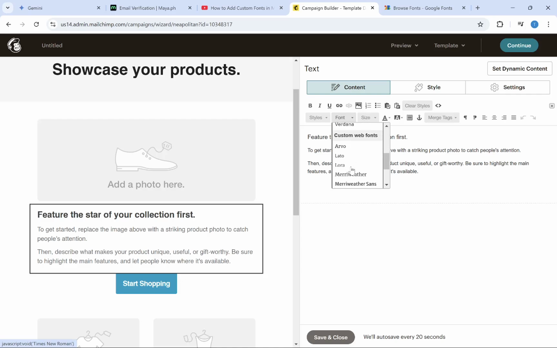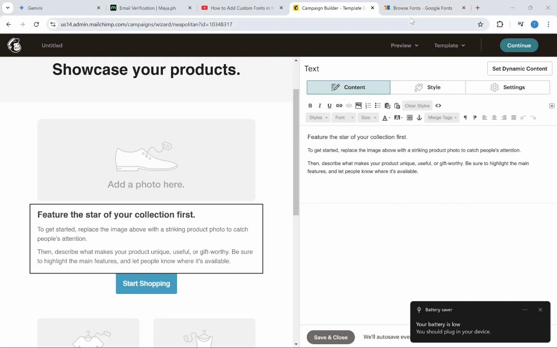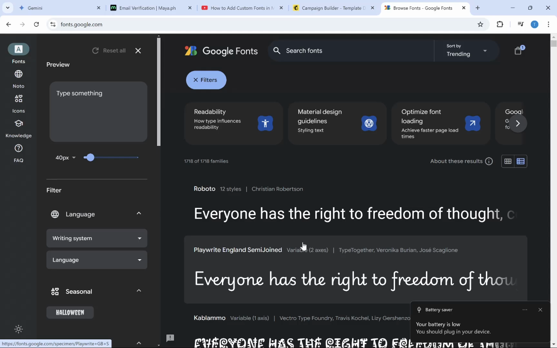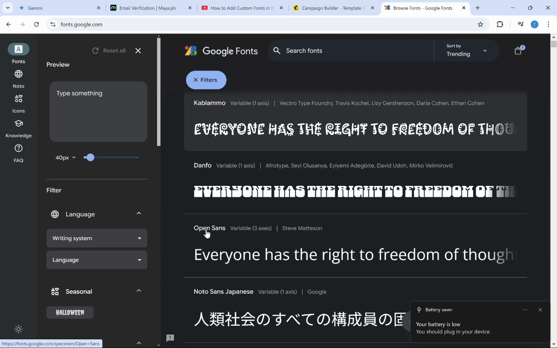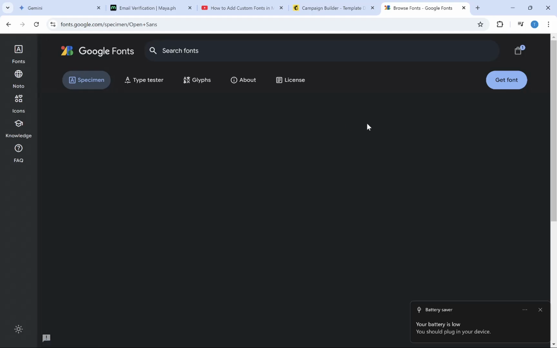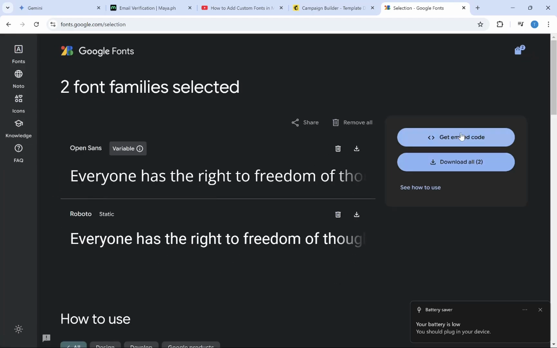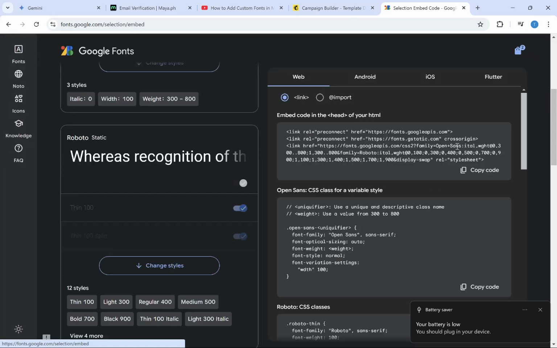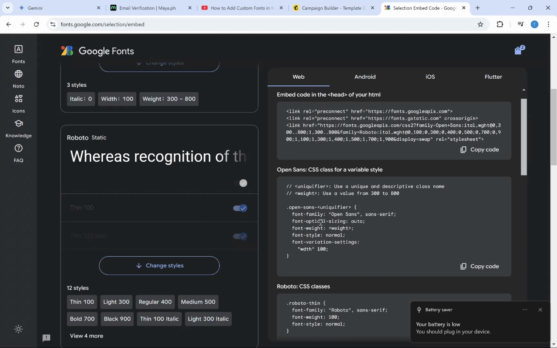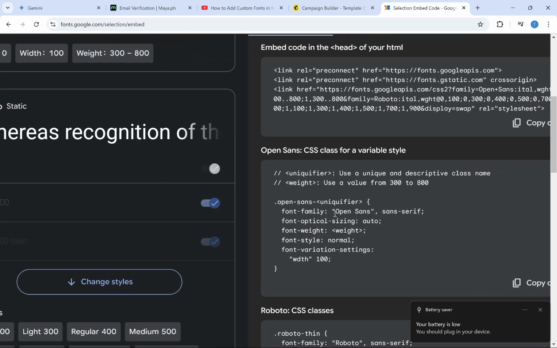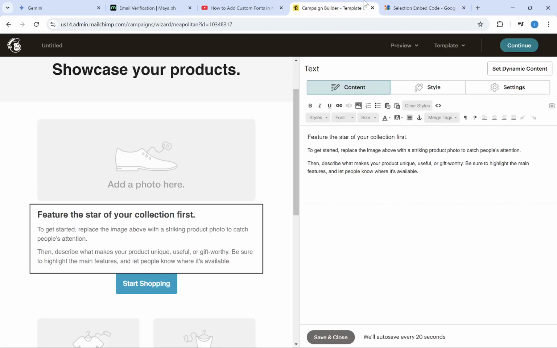If you want to add more fonts other than that, what you need to do is just go to the Google Fonts website, and from there simply select the font that you like, and then simply click on this get font button, and from here simply click on this get embedded code, and after this simply copy this text after the font family text. So simply copy this text, then go back to MailChimp, and then simply click on this